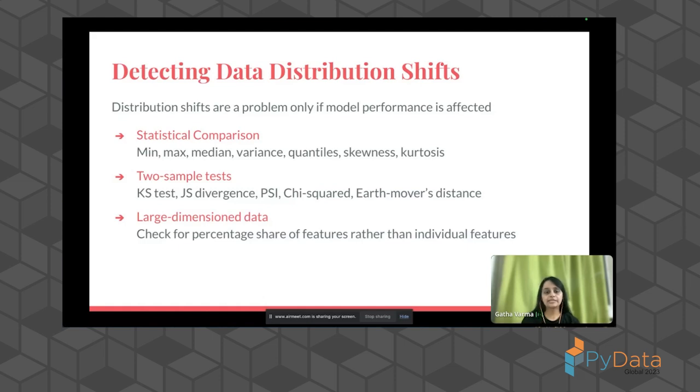If we come down to large dimension data sets, I've seen personally, and some potential clients have also mentioned, that rather than getting alerted on each and every feature, it would be so annoying for them. So instead of that, they would rather have a percentage share of features. So for instance, if they have 400 features